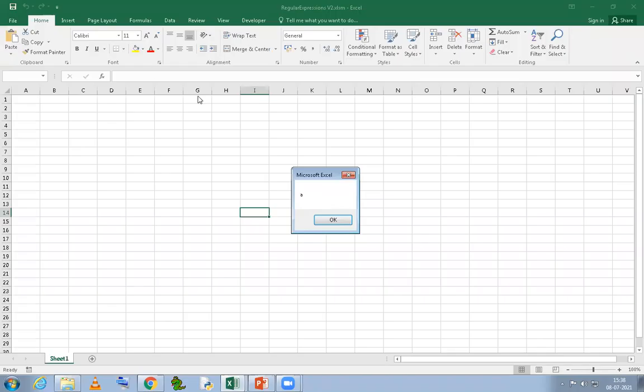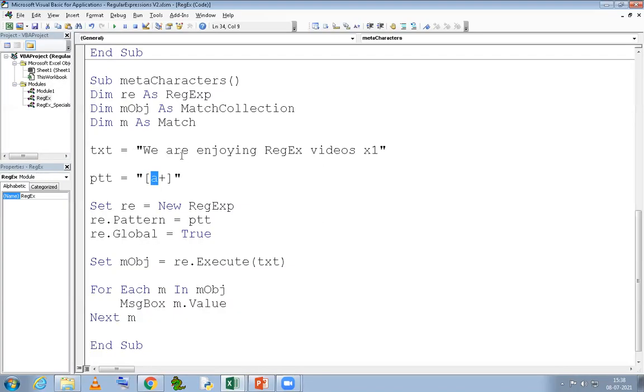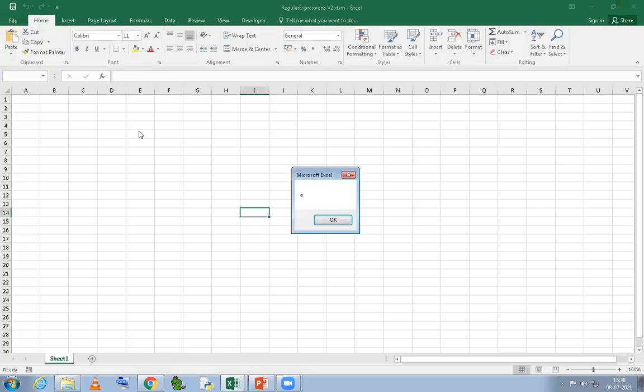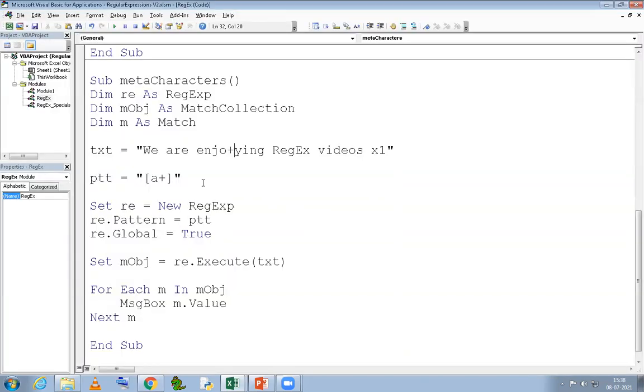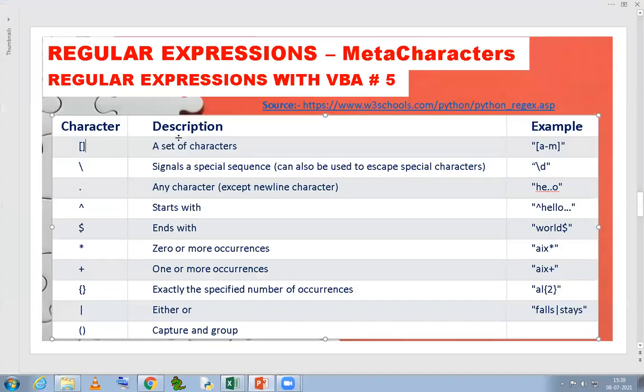So now if I run it, you will see A is found because that is used in the pattern, only one. But the plus sign is not there. Now if I give a plus sign here and run it, you see A was found and the plus sign was found. So when you put special meta characters inside square brackets, they become their literal value and they lose their special ability. So this is it, guys, for the square brackets. Let's cover one more meta character, and then I will explain the rest of the meta characters in the next video. I just don't want to stretch the video too long.